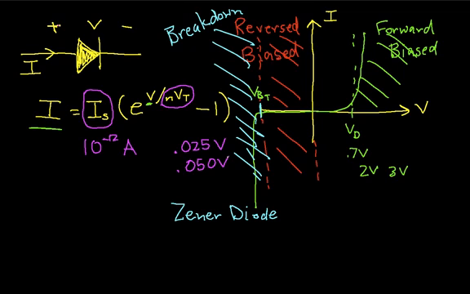Okay, so this is the VI curve, and again, the most useful bits of it are these parts up here, and then this part here. Again, except for Zener diodes, you really don't want to drive your diodes into breakdown because that's not a good thing. So what I'd like to do now is spend a few minutes talking about how we can approximate this